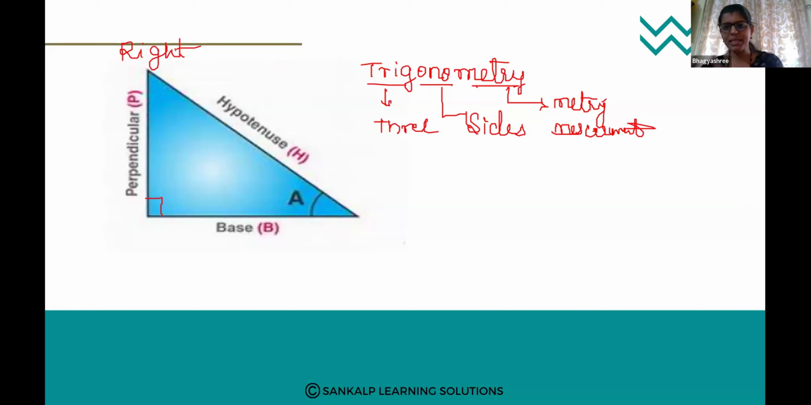That is, trigonometry means measurement of 3 sides. Okay, it is the branch of mathematics which is used to measure the 3 sides. Okay, next,